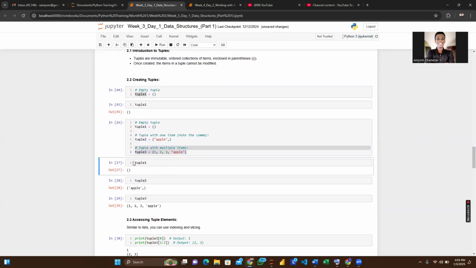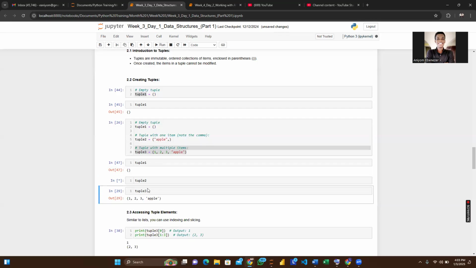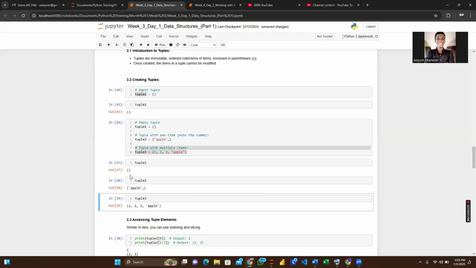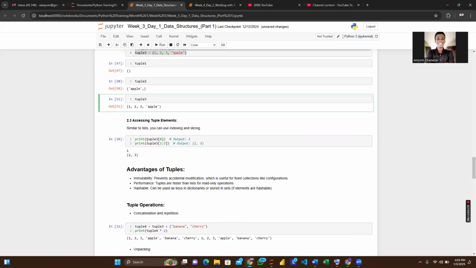So if I run the first one, I'm having what? Just an empty tuple, right? Then the second will give us, sorry, I've now run this one. Okay, so let's rerun this to give us what? Apple. And the third one will output everything for us. So let's see